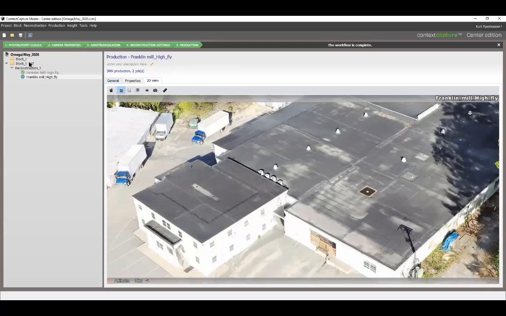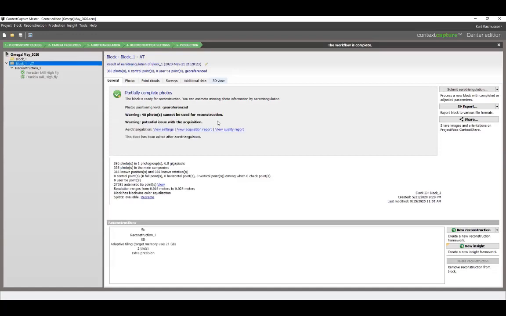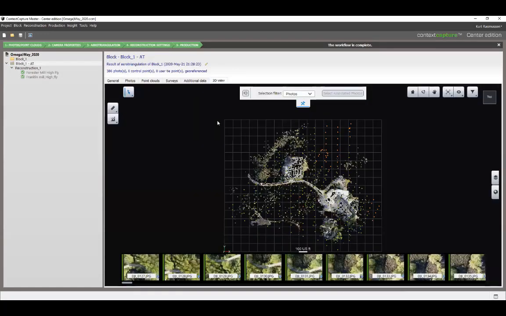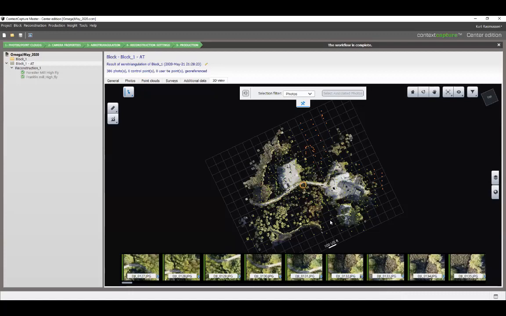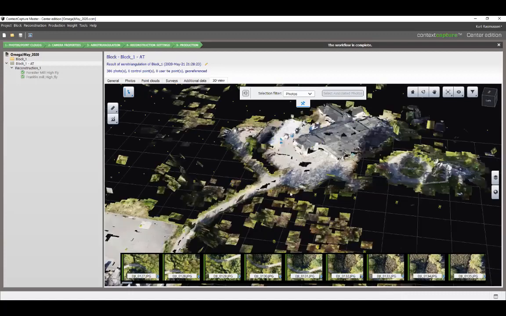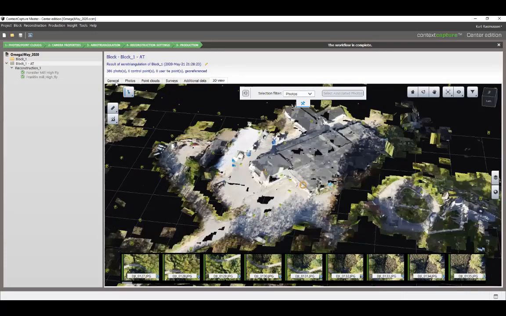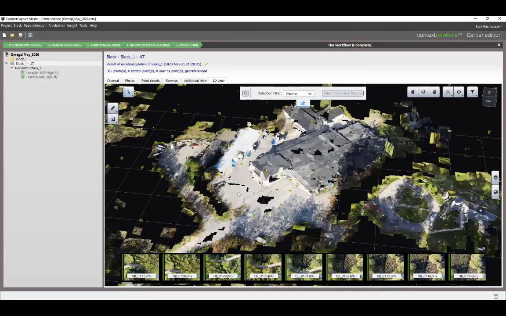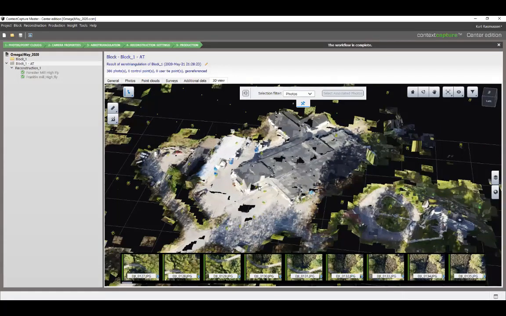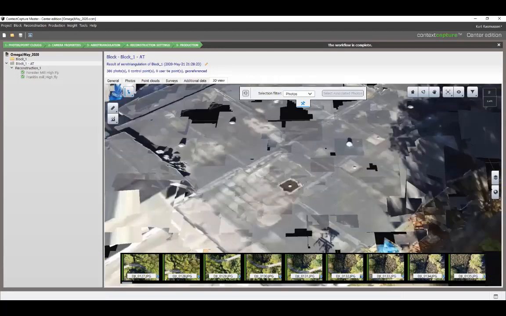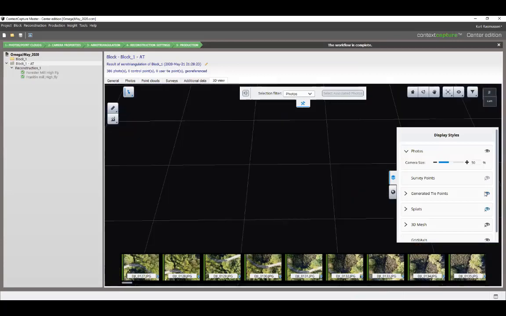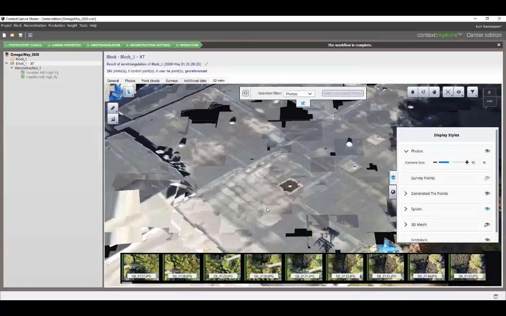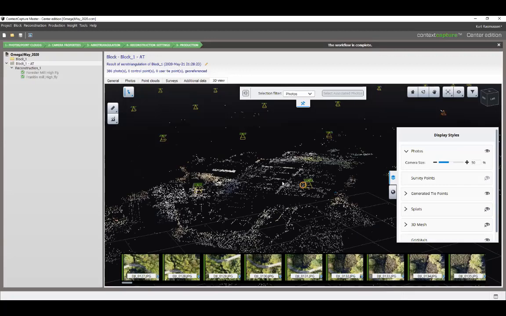But let's go back and start to look at my 3D view here. So we have my 3D view. And even right from an AT stage, which this AT, I don't know, took maybe half an hour to an hour to run, by running AT now, I have these splats on there. So these little tiles, let me turn on the automatic tie point. So from this, it's a little hard. I can tell kind of where the building is, but